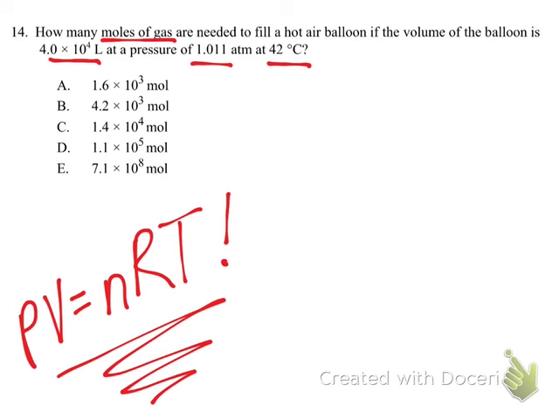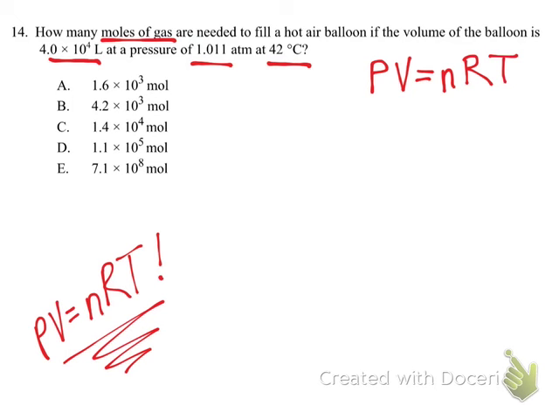So we're going to be using the ideal gas law, the relationship that pressure times volume is equal to the number of moles times the gas constant R times temperature, making sure that we plug in everything with the correct units. So let's get to it. For our pressure, we have 1.011 atmospheres. For our volume, we have 4 times 10 to the 4th liters